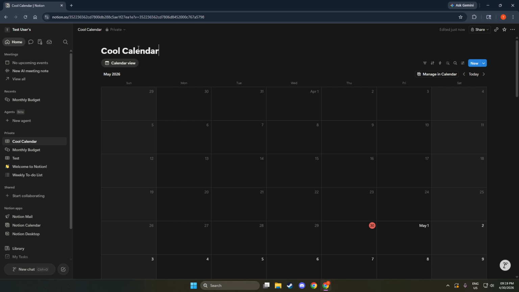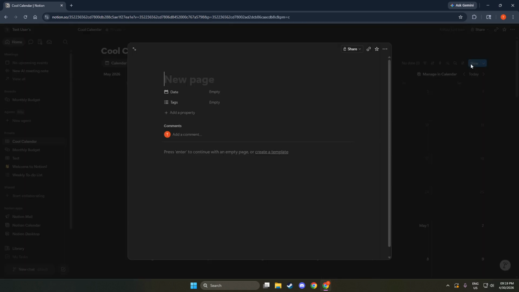To recap, you opened Notion, created a new page, selected Calendar under Get Started With, and gave it a meaningful name. From here, you can explore more customization whenever you're ready, but the